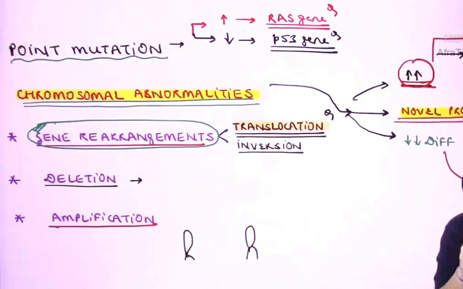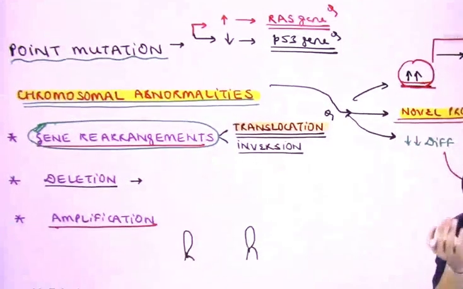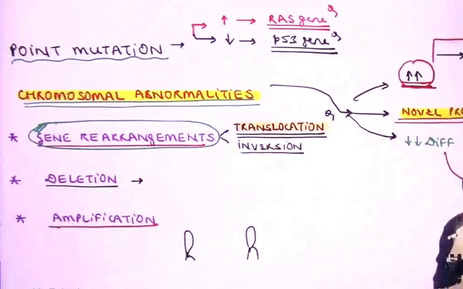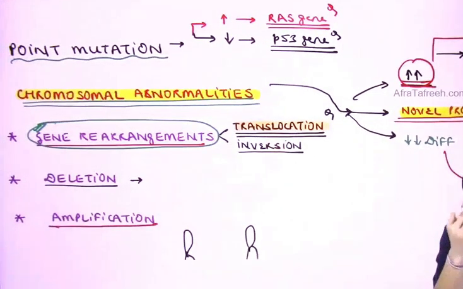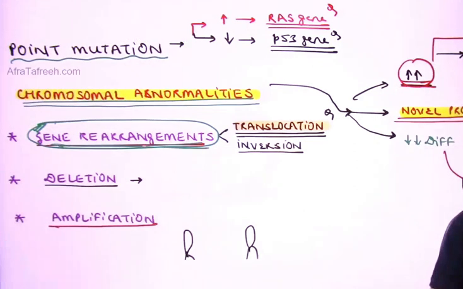So the B cell receptor and the T cell receptor continuously have to undergo changes so that the shape of the receptor can fit in with the antigen. Any receptor which is undergoing a lot of changes has a higher chance that sometimes a mistake takes place. So there is going to be development of a mutation, and therefore lymphoid neoplasms are commonly associated with chromosomal abnormalities, particularly gene rearrangements.